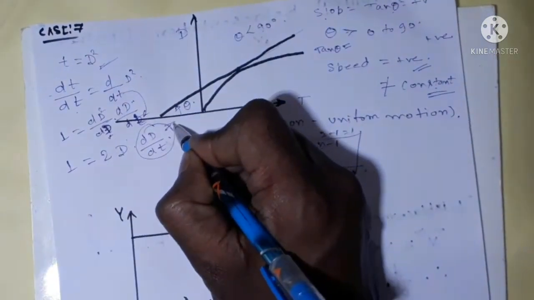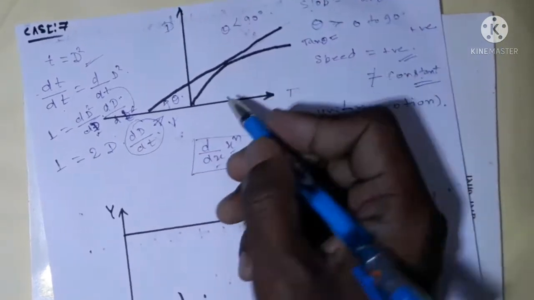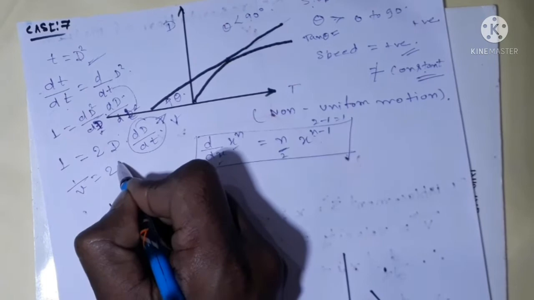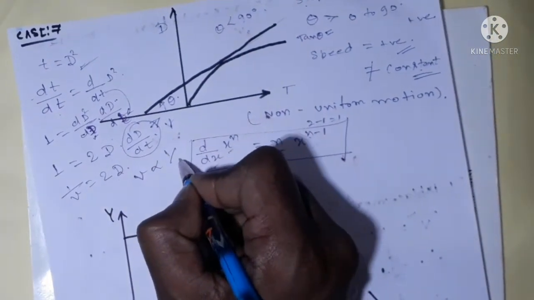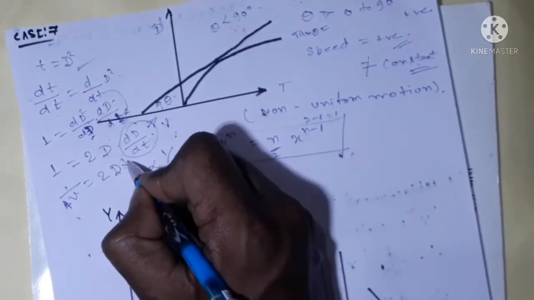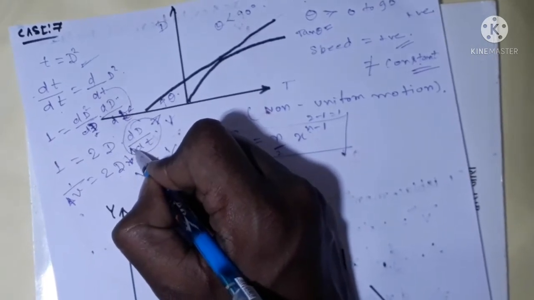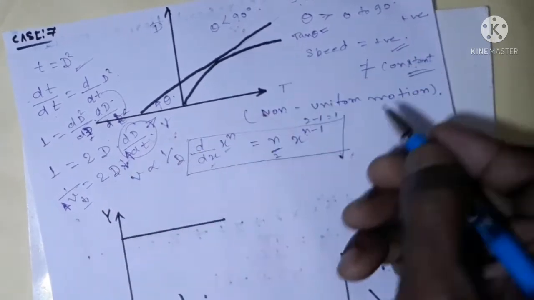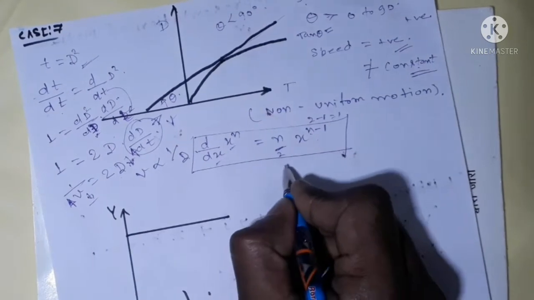This is equal to the rate of change of displacement, which is velocity, and here velocity is equal to 1 over 2d, so t is inversely proportional to distance. Meaning velocity is inversely proportional to distance. If velocity increases, then displacement decreases. If displacement increases, velocity decreases. So this type of graph decreases with time.